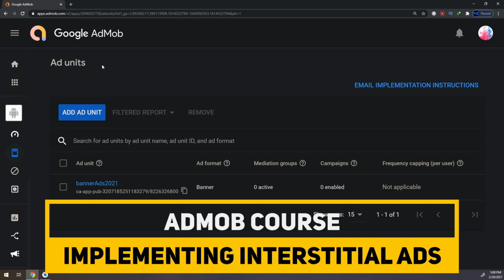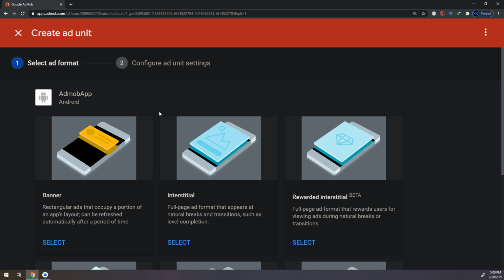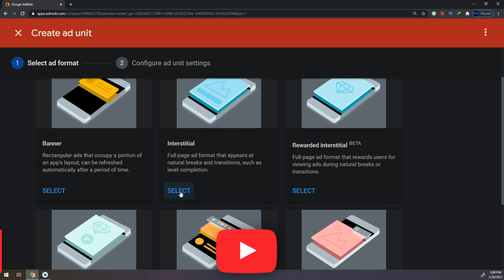In this tutorial, we will learn how to create the interstitial ads unit inside our applications. So we have seen how to create the banner ads in the previous video, and now we are going to create another ad unit and another type of ads. So I will click on the ad unit inside the AdMob console, and I need to create the second